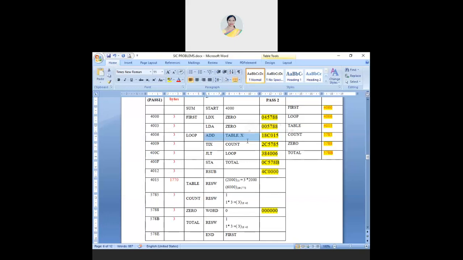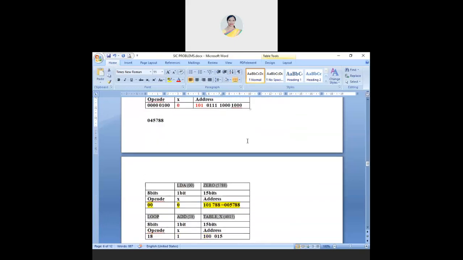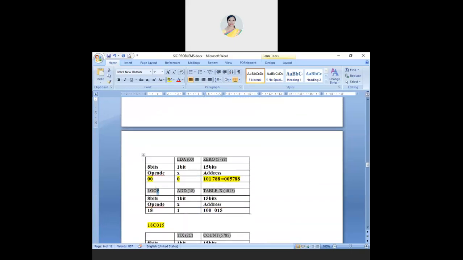So the instruction is add table comma x. I've written here add; I don't need this, anyway I've copied it directly, so I got loop also. I need this much, add and the table. The opcode of add is 18, and this indicates that it is my indexed addressing mode.